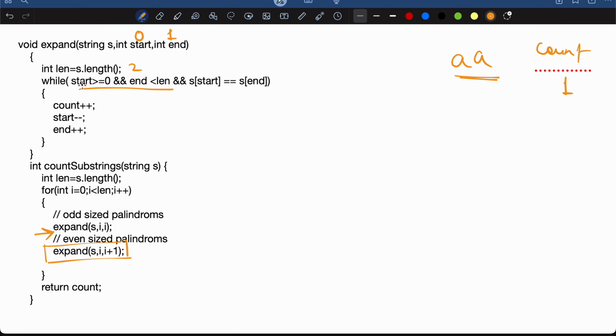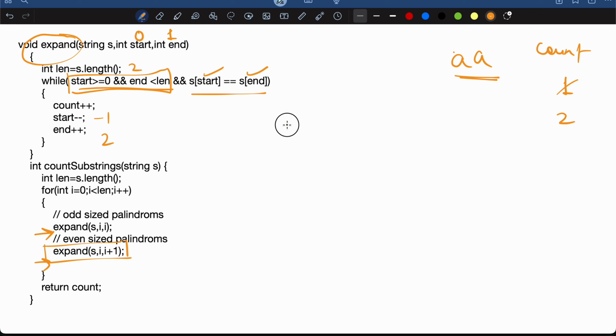Yes, correct. 0 is greater than or equal to 0. Yes, it is also correct. And you see, start and end are both the same. Then our count will again increase, and start will become -1 and end will become 2, and these indexes are not present in our string. We will come out of this expand function